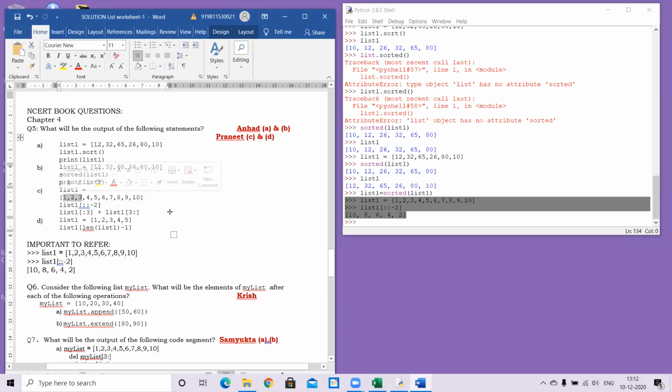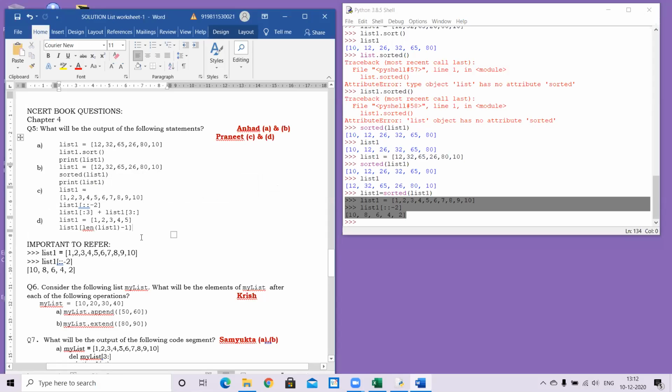And then the third element onwards, which we took out. Then we concatenated both with this plus, so I get the whole list as my answer. A little different, a little tricky. That's why we are doing it carefully. And now the last one. This is simple, but it is in square brackets, so we have to be careful.